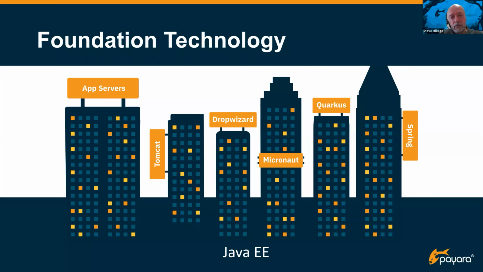Dropwizard, which came along early in microservices, obviously uses huge numbers of Jakarta APIs and runs essentially on Jersey, which is an implementation of Jakarta REST, or JAX-RS. And even the latest, Micronaut or Quarkus, have dependencies on Jakarta APIs. So Jakarta is not going away. It's been around for a long time, and the latest runtimes are actually intricately embedded with it, including Spring. I mean, Spring uses large numbers of individual Jakarta EE APIs and depends on them